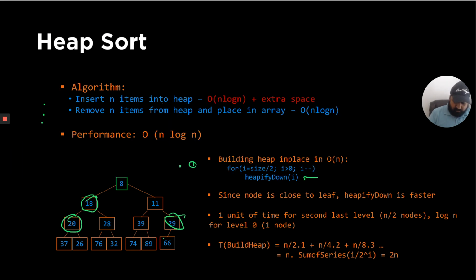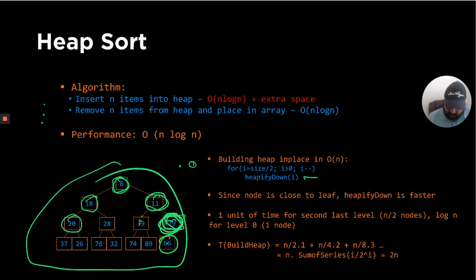What's basically happening is whenever we are applying heapify down on this element, because we are starting from the bottom up, right? So whenever we apply heapify down here, this has to care about just one child. And then when we apply on this one, it's just going to care about two children. Then when we are talking about the next one, it's again going to compare two children at that level. That's why building the heap instead of O of n log n takes n. There's some math behind it, which is